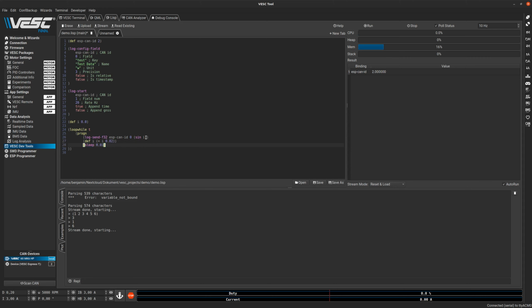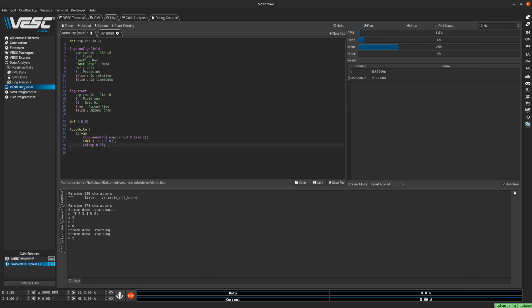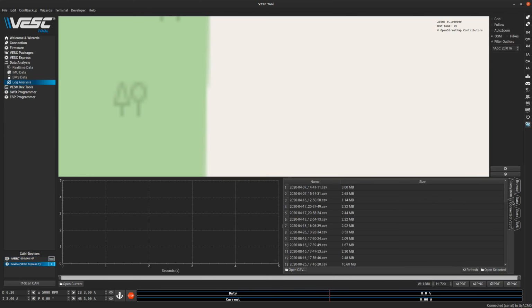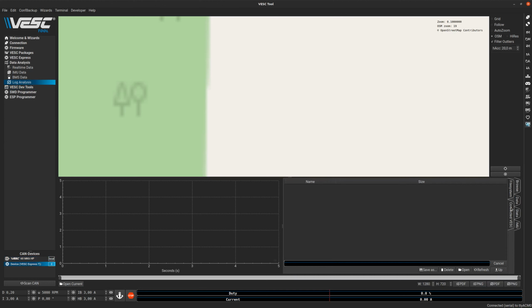And now we will run this loop at 100 Hertz. Actually, let's run it at 20 Hertz. So let's stream this code, and you see that it's running. So we configured one field, we start a log, and then we update this field, and then we can do log stop with ID2. And now if we go to the VESC Express and go to the log analysis, browse the files,